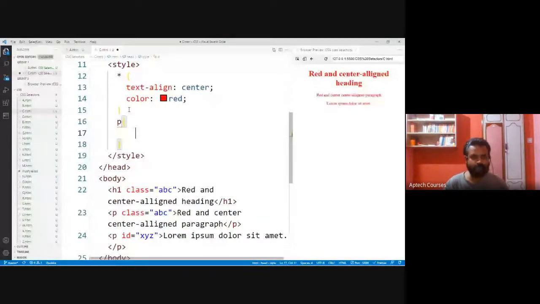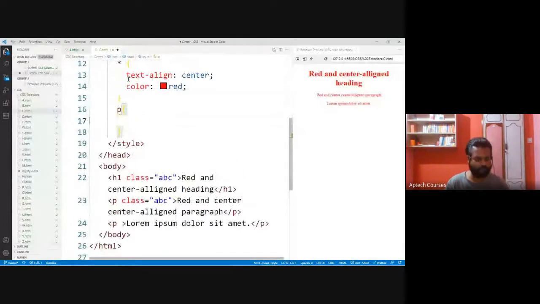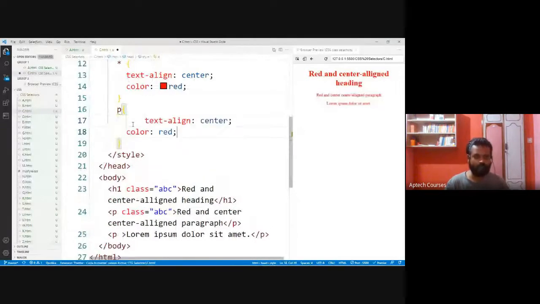Then I'll be removing this ID. Then let's go for something different. Text align left. Color is some other color.